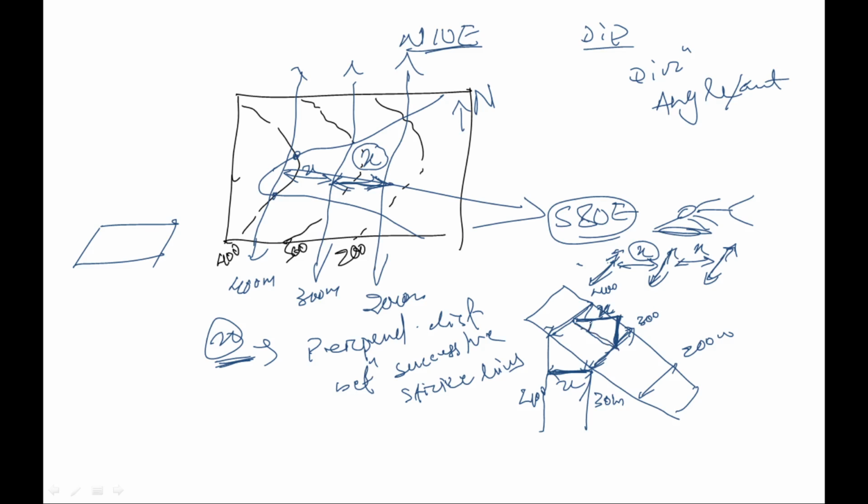Measure this angle, or this angle, same thing, right? I'm showing this triangle above, this right angle triangle above, and the right angle triangle below. This point has a 300 meter value. This strike line has a 400 meter value. So there is a difference of 100 meter.